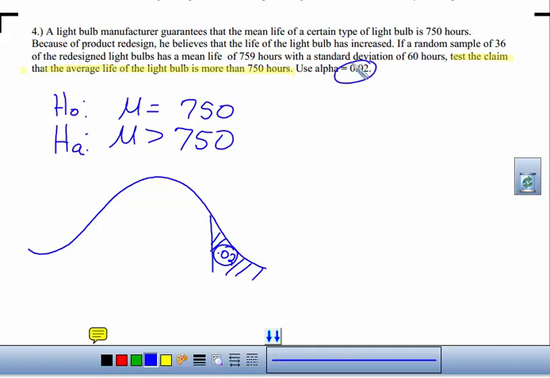Okay, now before I get my critical value, which separates the rejection region from the non-rejection region, I need to think about the type of test that I'm going to do. And in this case, since the standard deviation that we have is based on the sample that they've given us, we don't know sigma, and we're doing a t-test. So I need to know the t-value that separates the rejection region from the non-rejection region. And I can get that information from my calculator.